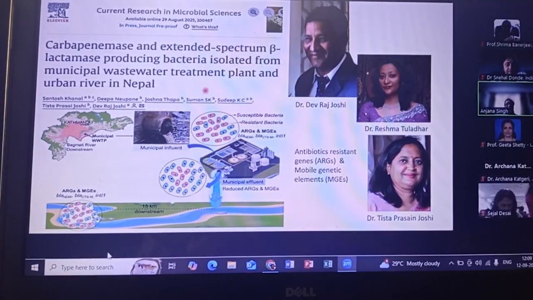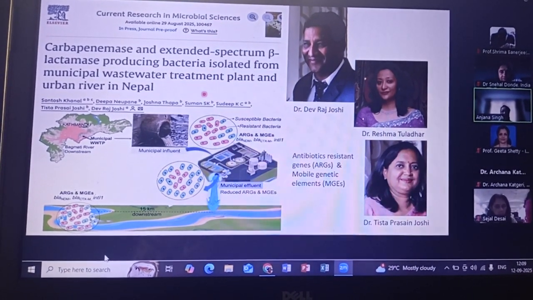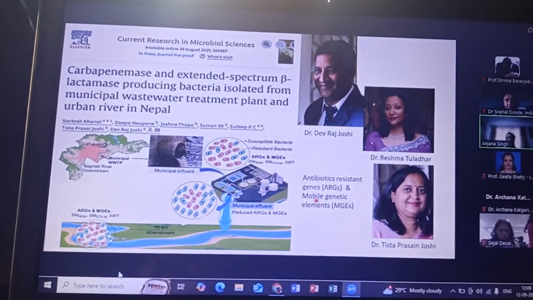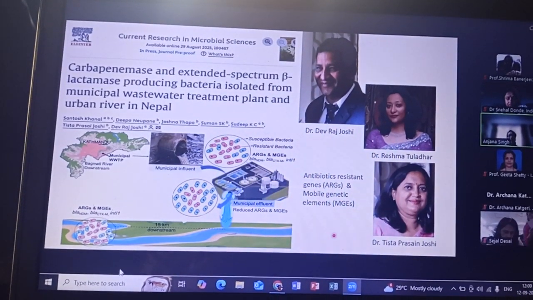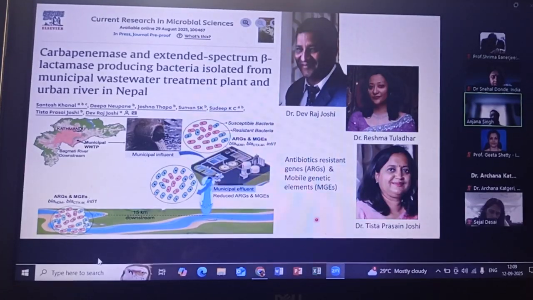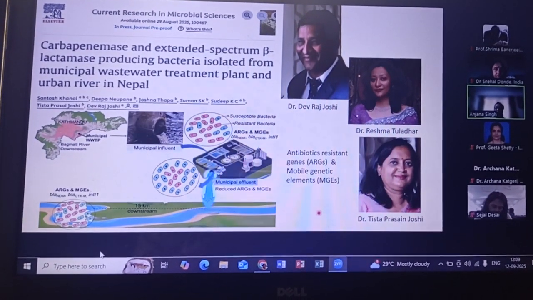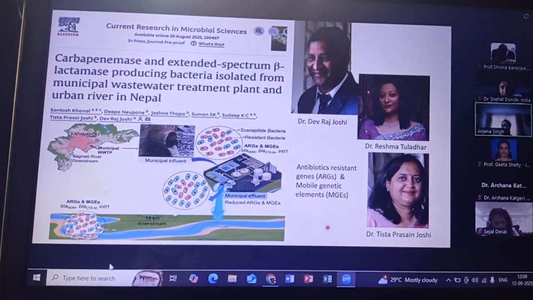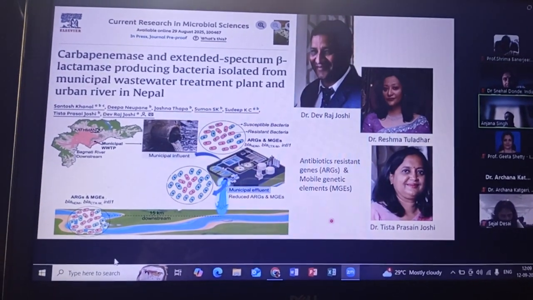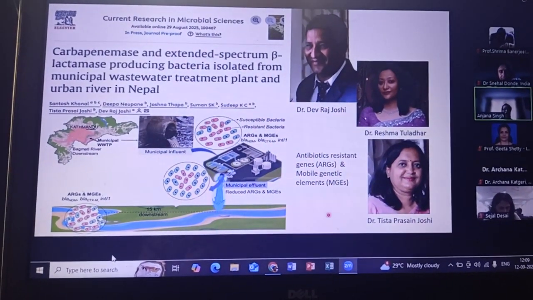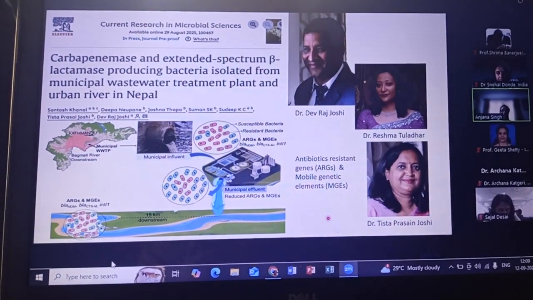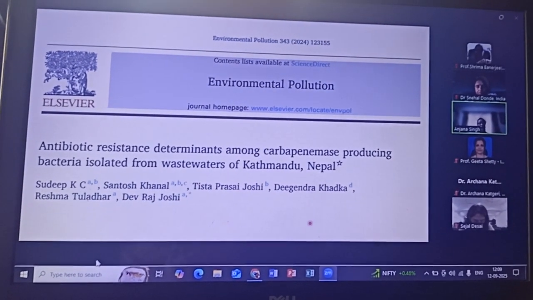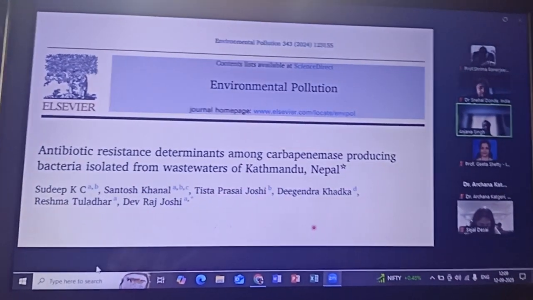So again with carbapenem and ESBL producing bacteria, the experiment, in which my colleagues were present, shows that quite a lot of bacteria carry antibiotic resistant genes and mobile genetic elements. Mobile genetic elements are very important because they are present in the wastewater, which gives rise to horizontal transfer to other bacteria, and from fecal oral contamination it will come to animals and humans and cause disease. So again, there is another carbapenemase producing bacteria